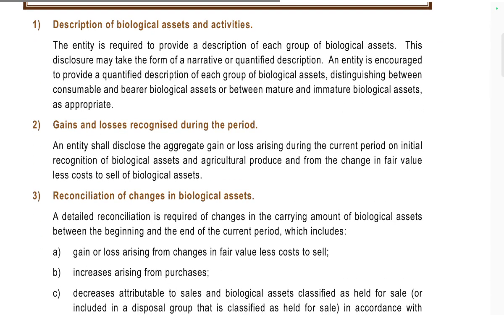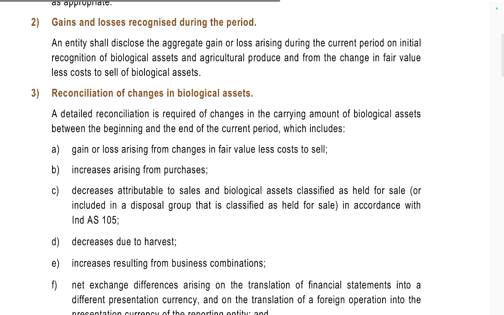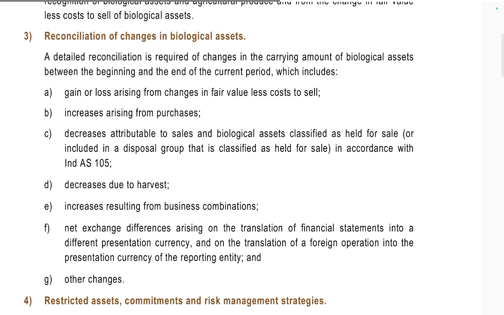Gain and loss recognized during the period. The entity shall disclose the aggregate gain or loss arising during the current period on initial recognition of biological assets and agricultural produce, in terms of the fair value of sold biological assets. Reconciliation of changes in the carrying amount of biological assets between the beginning and end of the current period includes the gain or loss arising from changes in fair value less costs to sell, increases resulting from purchases, and decreases attributable to sales